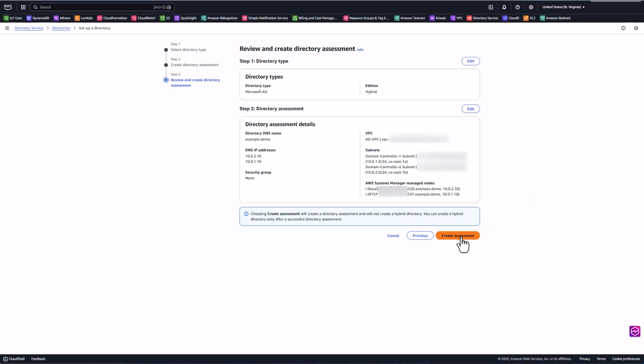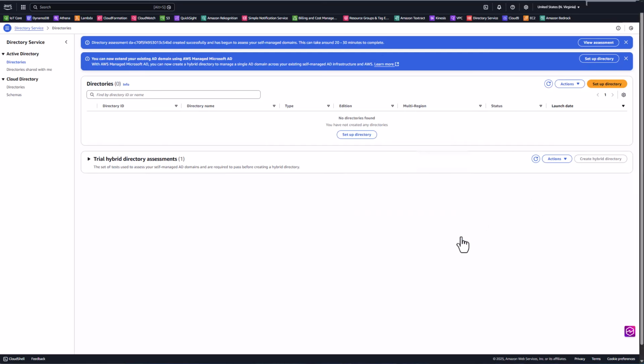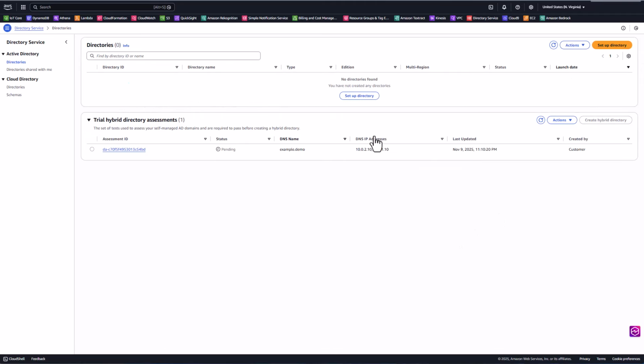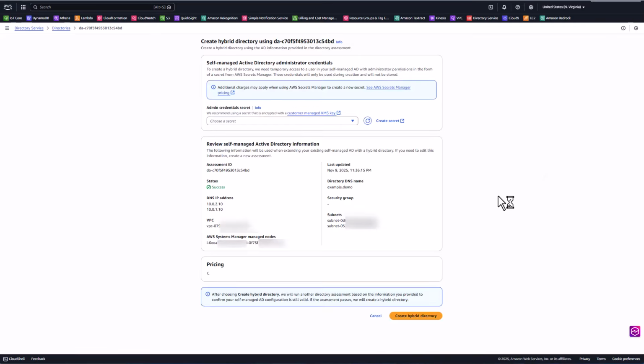Now we'll review the details we entered earlier and hit Create the Assessment. Once you hit create the assessment, it might take up to 20 to 30 minutes to complete. Now, once the assessment is completed, we'll select it and create a hyperdirectory, which will pull the directory details from